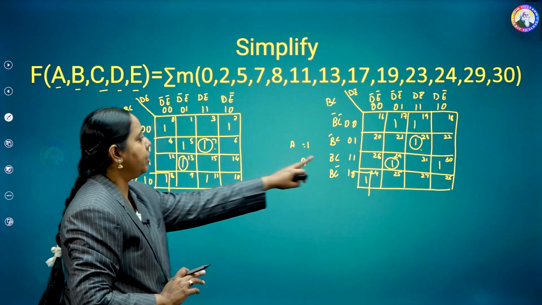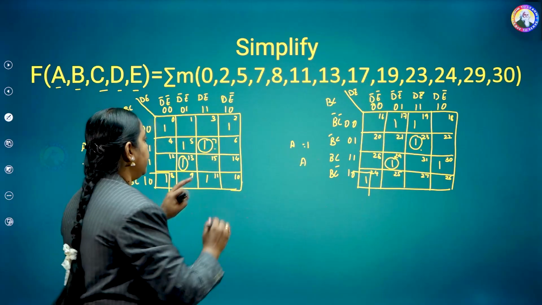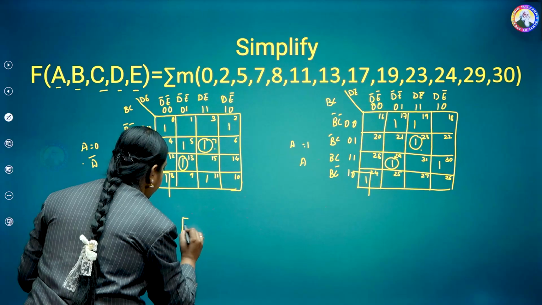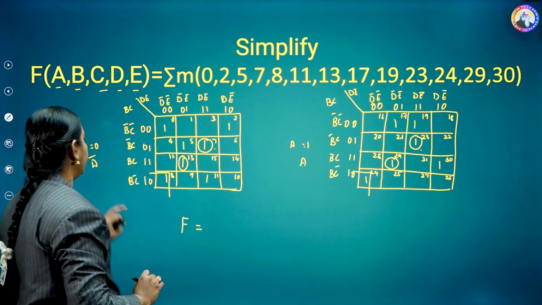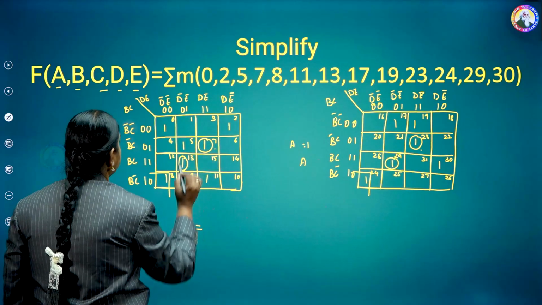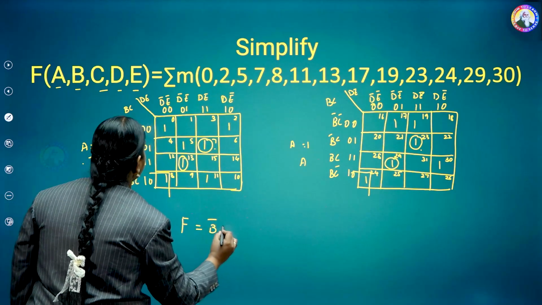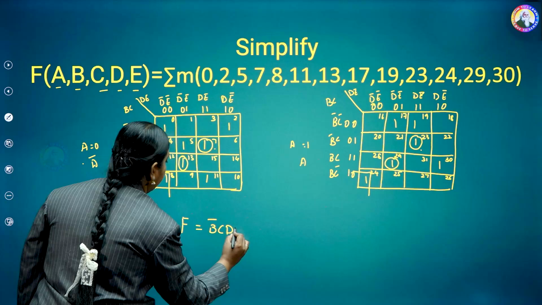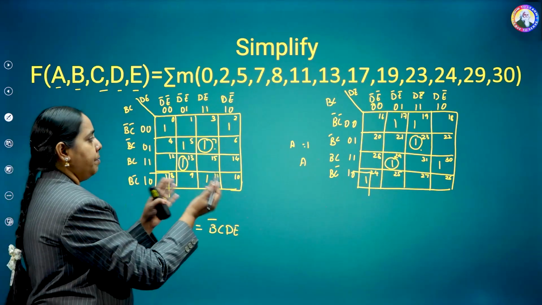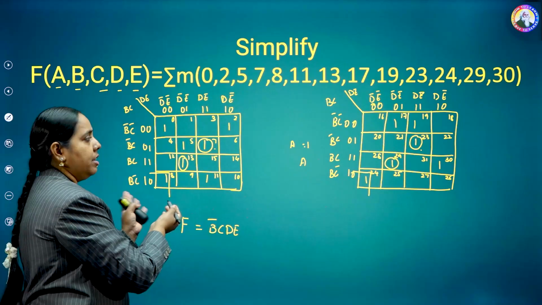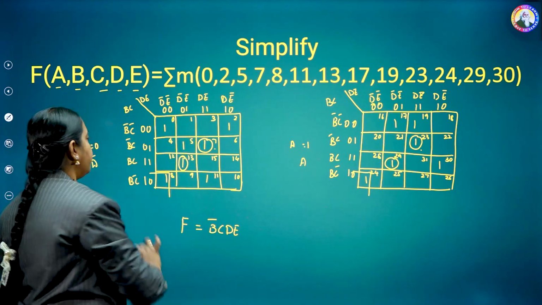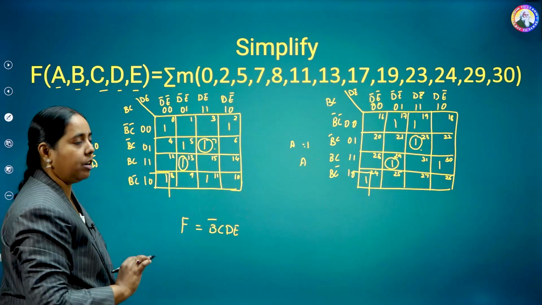So this is the first common grouping. The term can be written as f of A, B, C, D, E equals A bar got cancelled. Now what is the term with respect to this cell? B bar, C, D, E. As the second square is the shadow of the first one, the terms will be the same, only you need to observe with respect to the common terms, right.